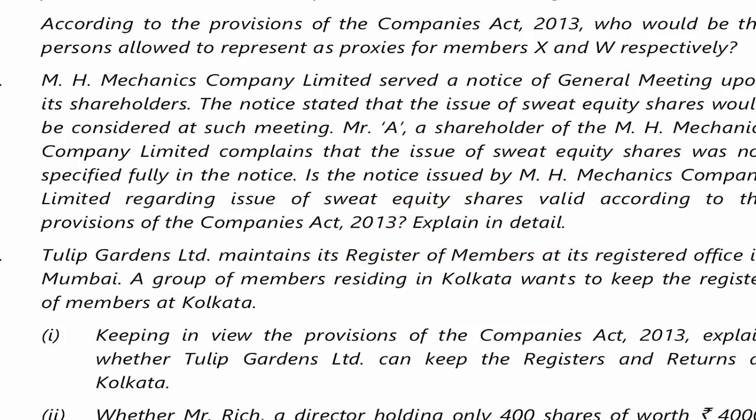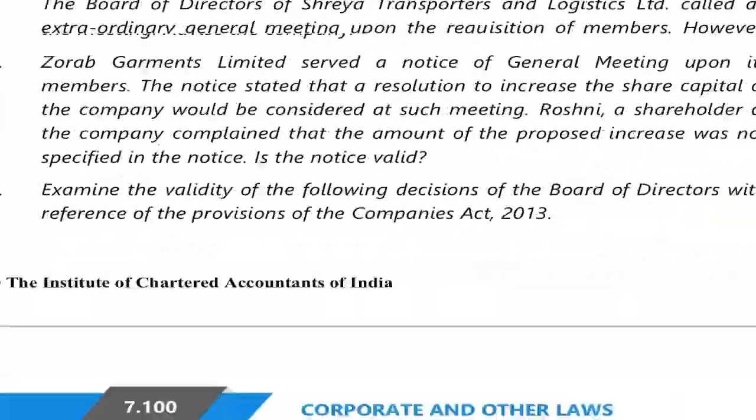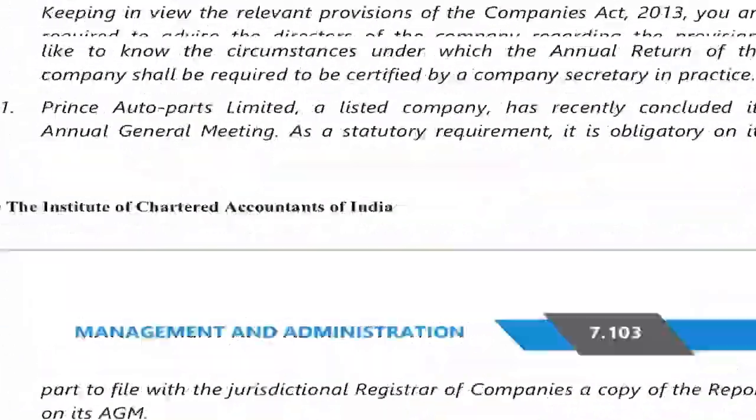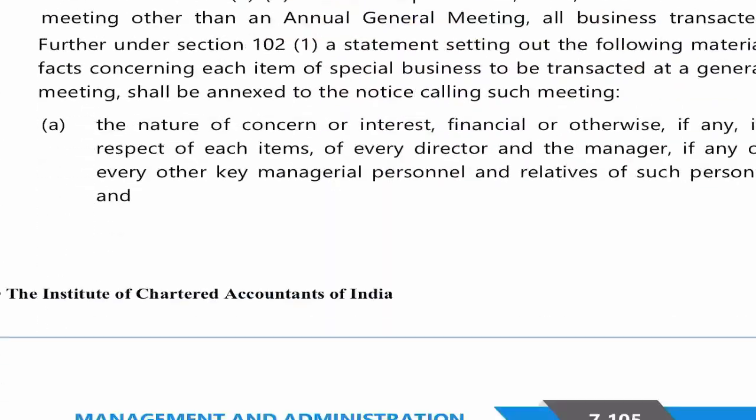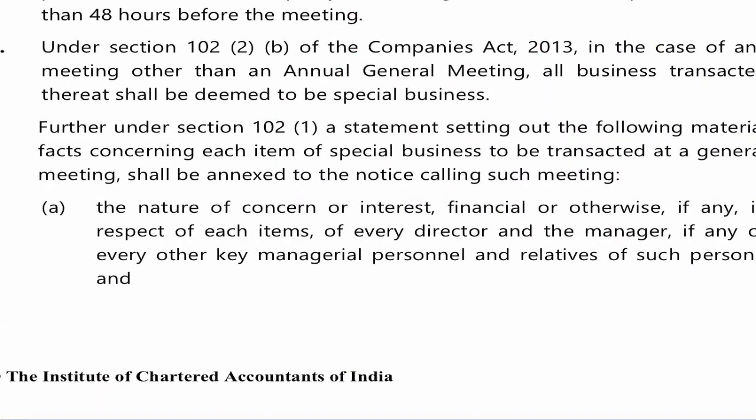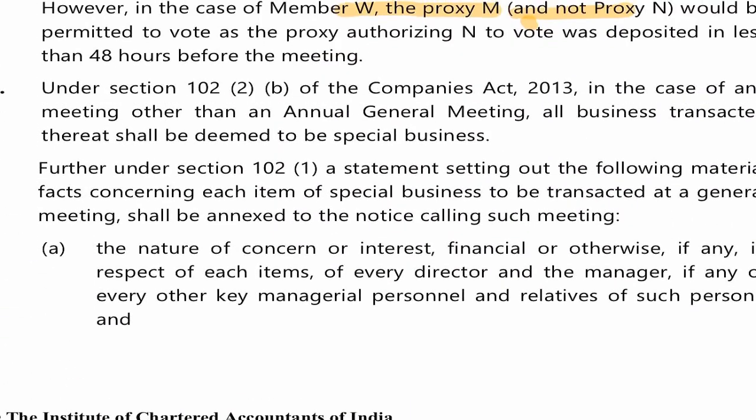क्या एमएच ने बोला कि हम लोग स्वेट इक्विटी शेयर डिक्लेयर करने वाले हैं। ठीक है, एक शेयर होल्डर क्या बोलता है कि तुमने बराबर से नहीं बताया, सब डिटेल में नहीं बताया। ठीक है, तो ये वैलिड है कि नहीं? आंसर दे। क्यों? इसमें सब डिटेल बताना चाहिए ना, एक्सप्लेनेटरी स्टेटमेंट और सब। 102 पढ़ा था अपन ने, नोटिस के साथ ये भी जाता है।